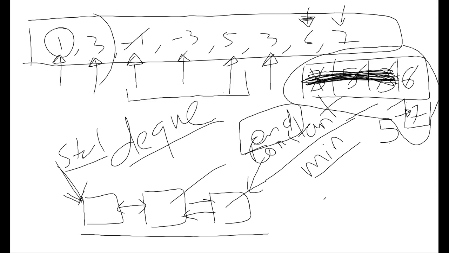But isn't this showing the behavior of a queue only, because we are removing from one end and storing from the other end? Why is it a deque? We are removing from both ends, right? Yes. As Raja said, we are removing from the front of the queue when the lifespan ends, but we are also removing from the rear of the queue when a better element is found. Okay, okay.